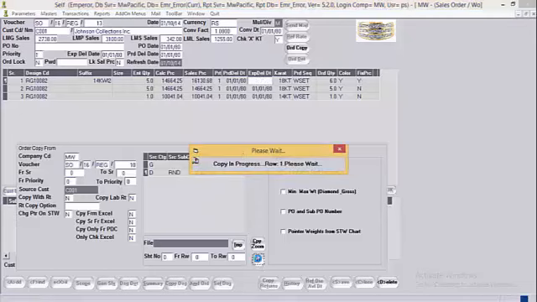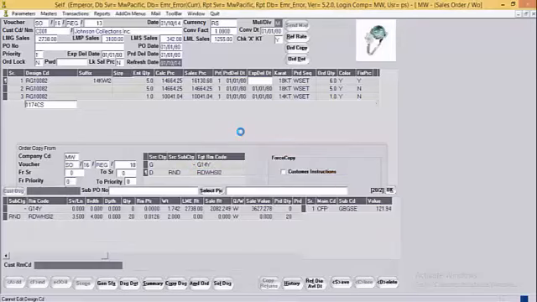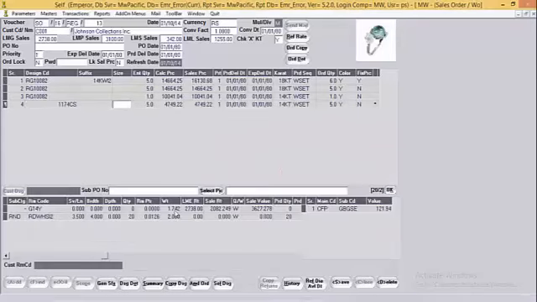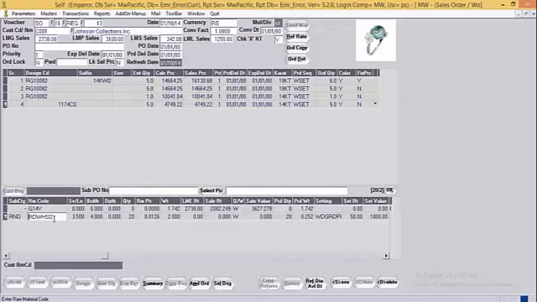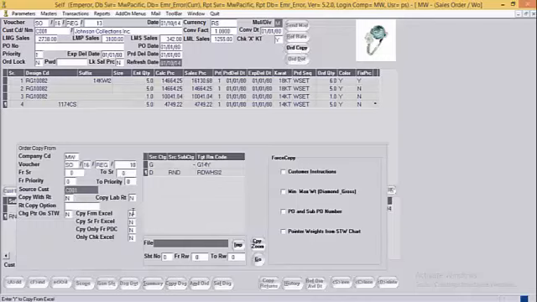And when user clicks on the go button, the copy will be in progress. Accordingly system has got the weight for G14 yellow and the round diamond has been replaced by SI2 quality. Now there is an option in the order entry where user can copy the order from the Excel sheet. Here user can mention the field as yes if he or she needs to book the order from the Excel sheet.